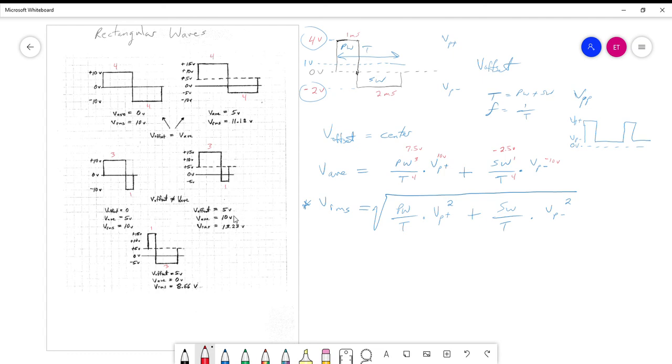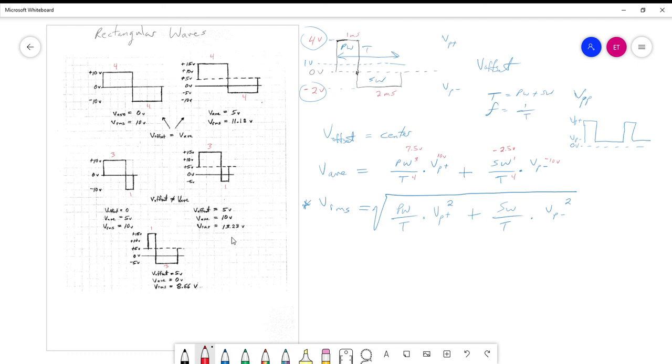So I've got that. My average voltage, if you plug it in here, what, 3/4 of the time I'm at 15, and 1/4 of the time I'm at -5. The average actually turns out to 10 volts. You can try it. You can plug them in here. I kind of already have numbers stuck in there, so I'll leave that alone. But try it. Do you come up with 10 volts average using this formula? You should. And then RMS,